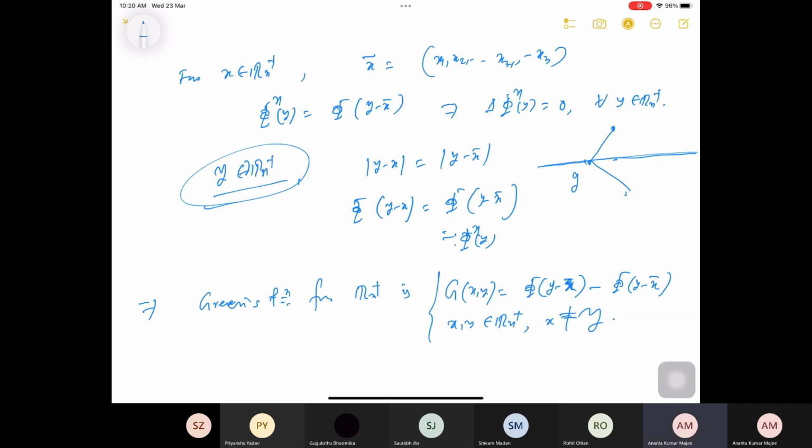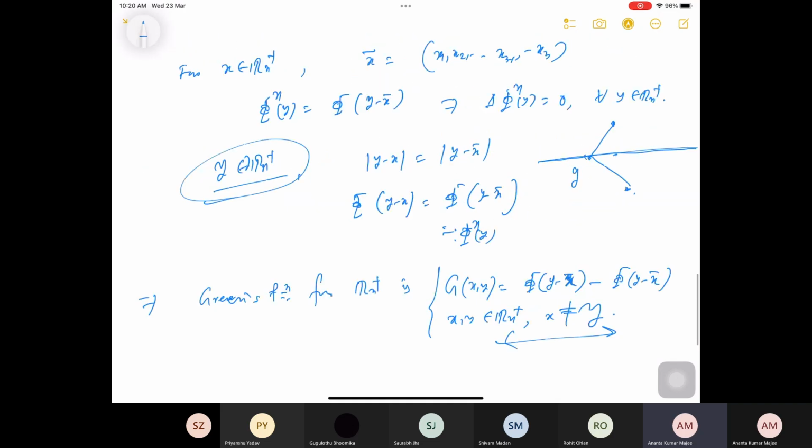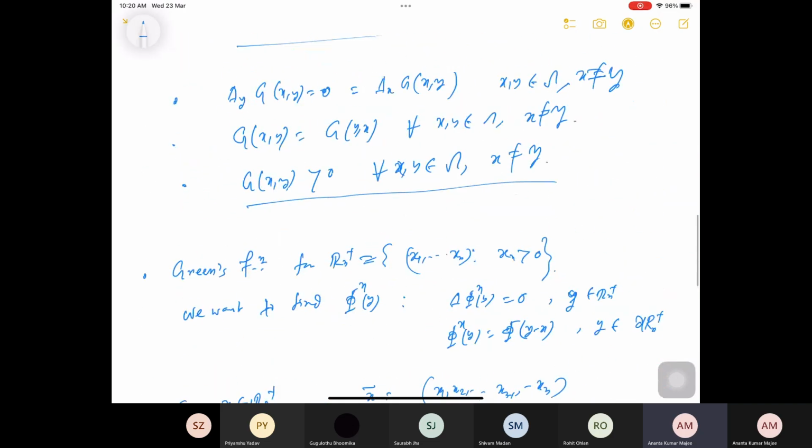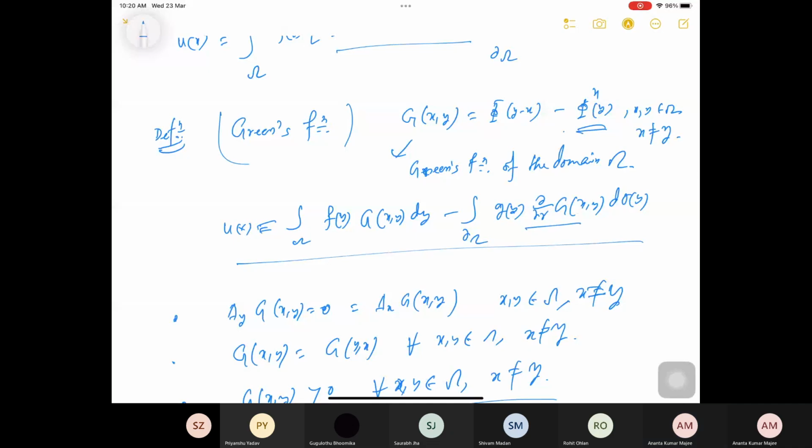X bar I have, you just project it from here. Okay, so these are the Green's functions for this problem. Now I try to find the solutions for that problem. In particular, if you look at your expression here, I need basically